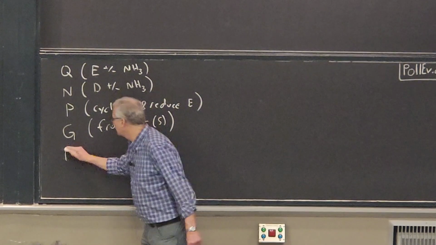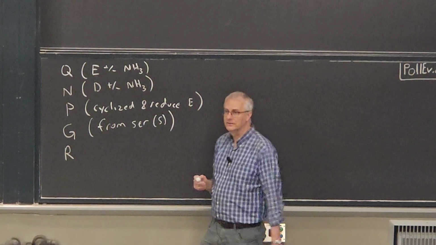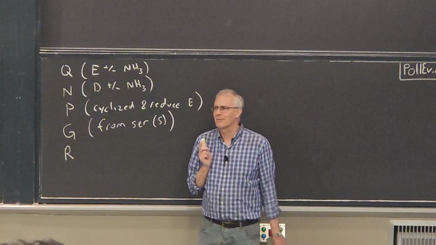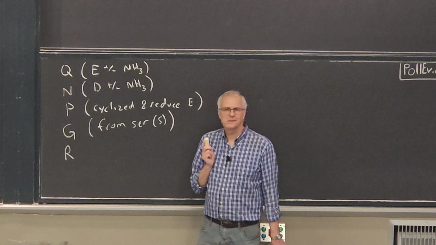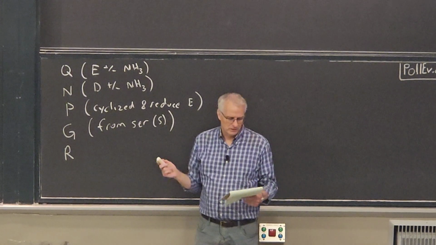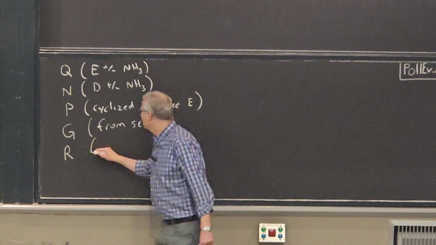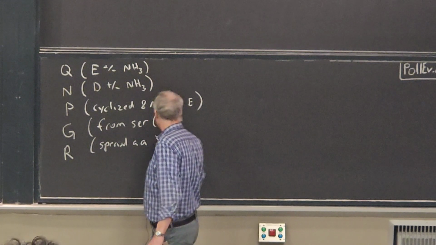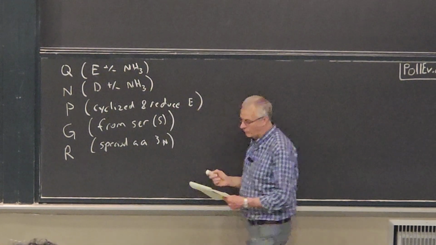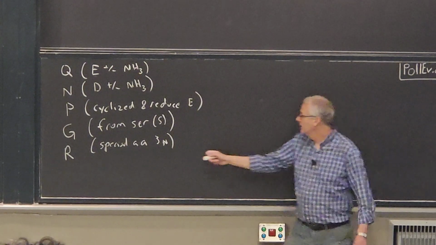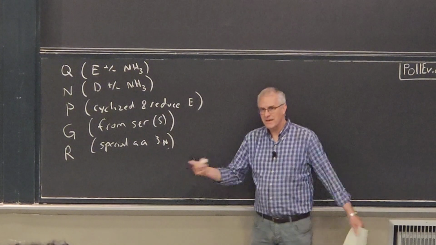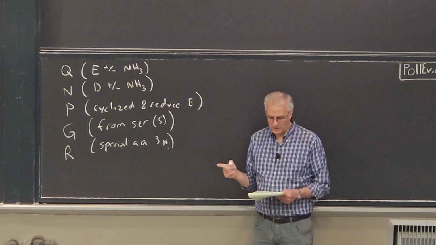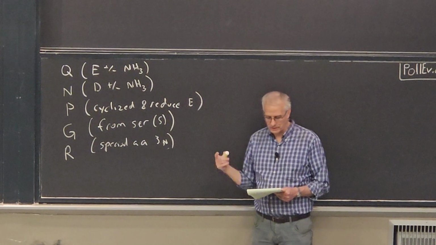But the last one for today, the other weird one, is arginine. Personally, I always found arginine the hardest amino acid to remember and to draw. It's this crazy amino acid with this crazy side chain with all these nitrogens in it, 3 nitrogens. It's this special amino acid with 3 nitrogens in the side chain, 4 nitrogens if you count the amino nitrogen. And it turns out arginine is urea metabolism, and so we'll talk about arginine a lot at the end of today going into the next class.